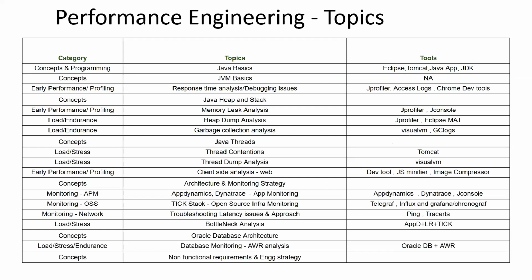Then we'll spend a good amount of time on configuration of AppDynamics, configuring Dynatrace with the e-library application, monitoring, doing diagnostics. So we'll spend a couple of days on AppDynamics and Dynatrace, right from configuration to your analysis. We'll also focus on one of the very commonly used open source infra monitoring stacks, Telegraf, InfluxDB, and Grafana. Okay, in a lot of places where we don't have the luxury of an APM tool, at the bare minimum, we should be able to monitor your infra.